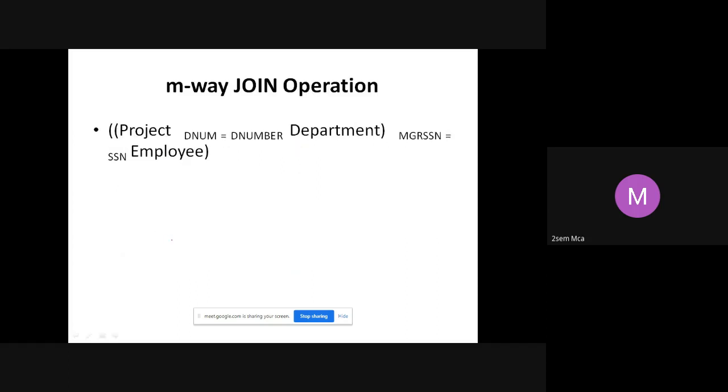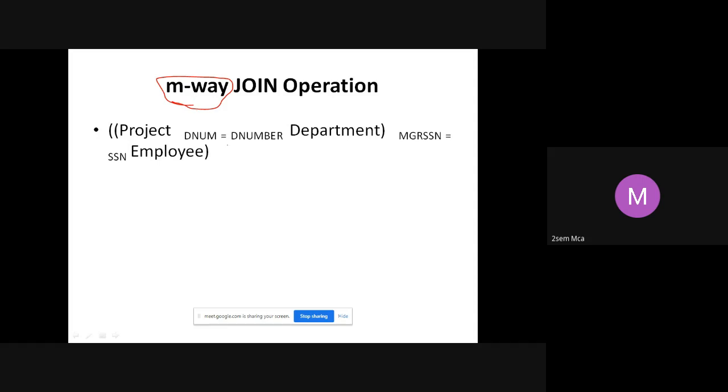Okay. Right. M-way join operation. M-way join means you can have several levels or nested joins. We saw inner query, outer query, all that, is it not? Or rather, we had a combination of conditions. That is what a join is, not the inner and the outer query. But you had a couple of joins. S.usn is equal to B.usn. That's one condition. And again, we made S.author ID is equal to B.author ID. Something like that. That is nothing but your M-way join.